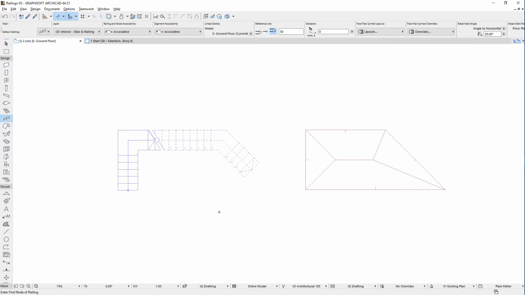Similarly, if we space-click a chain of element edges, the railing's reference line will extend along their whole length. This may be an open polygon, or a closed polygon, as in cases of polygonal element types such as slabs, roofs, etc. If you space-click a closed polygon, the railing will be generated all the way around the polygon, and the created railing starting node and end node will both be located at the node of the polygon closest to